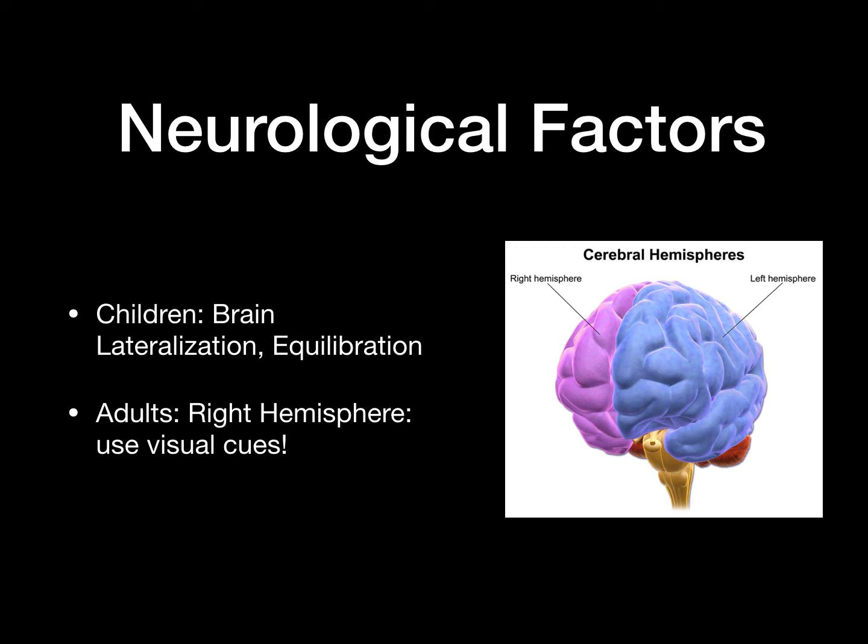Once the brain reaches this, everything is done in an orderly fashion, making it harder to learn new things, such as language. It is better to learn language before the brain reaches equilibrium, because there is more room for language learning. On the other hand, adults' brains have already reached both equilibration and lateralization, but that doesn't mean they can't learn language at all. The right hemisphere of the brain holds language information that is formed during early stages of language learning. So, although the right hemisphere might be harder to reach, using visual cues in a classroom can help adults learn language easier using their right hemispheres.